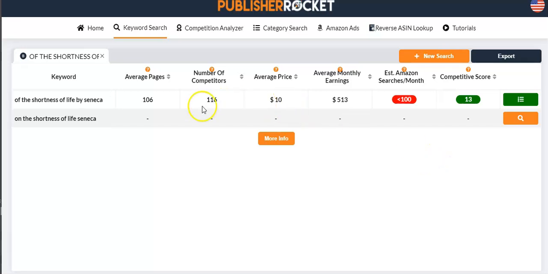Average pages. 116 competitors. But we wanted to get the keyword. Oh, maybe it's just searching that as the keyword. Okay. That didn't help me.